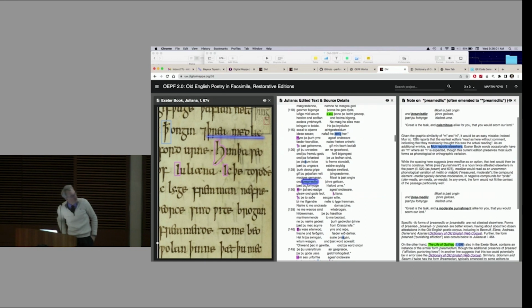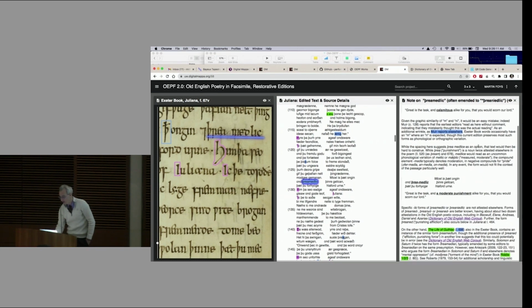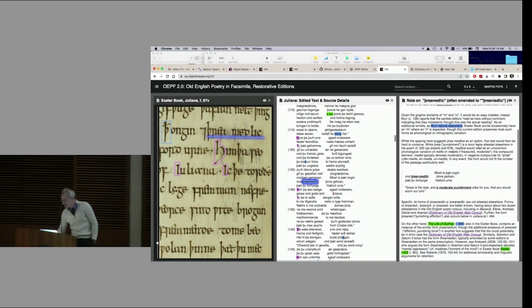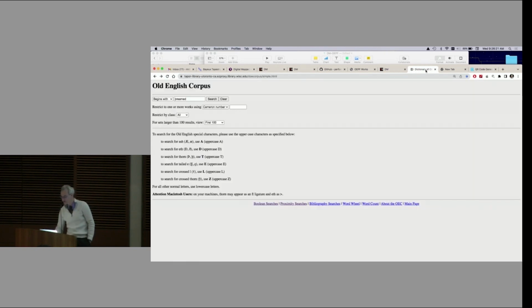Here's a word, Thraeamidalicha, and it's been, as you see here, often amended to a different form, Thraeandalicha, and I won't go into all of what this means. It's quite possible that the M and the N and the I was confused for an M at some point. But if you dig into the corpus, and this is the great thing, we now have the entire Old English corpus available, parsed grammatically through a variety of different data sets. You're able to do these kinds of searches and explore these kinds of words in ways that editors from 50 or 100 years ago weren't able to, and you're able to discover